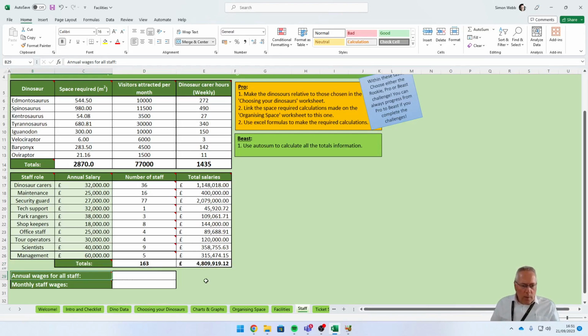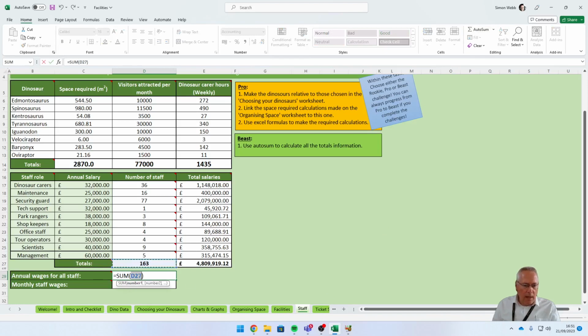So on to the final 2 parts now. So there are only 2 things left. The first is the annual wages for staff, and there are 2 ways you can do this, because you've already calculated the total in the last section, but it's asking you to use auto sum, so that's what we're going to do to calculate the total salaries. So if I click the auto sum button, that's not what I want to add together, but it's allowing me to select what I do want to add. So auto sum I've clicked, and now I'm going to just select the values I would like to add together,